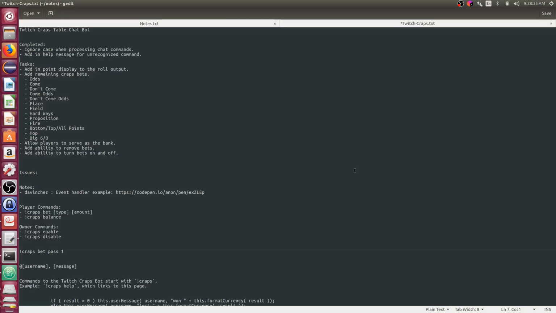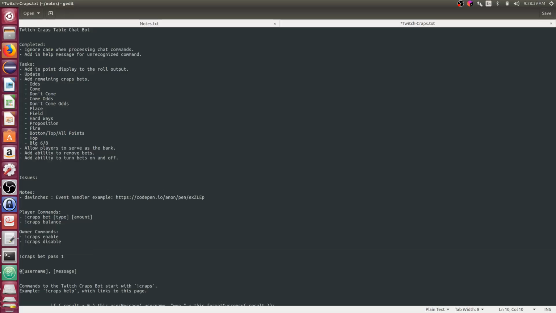Let's say I also want to update the formatting for the point established. Update display message when point established. Got some thoughts for what to do there. Now let's try another roll. We'll say craps roll